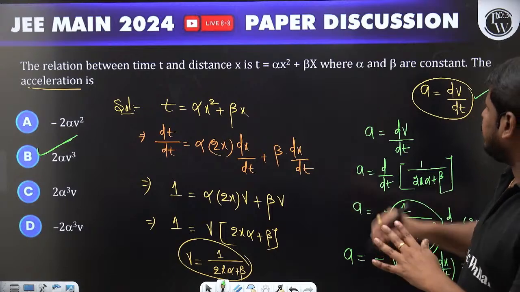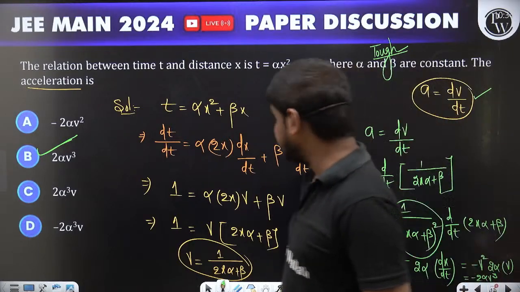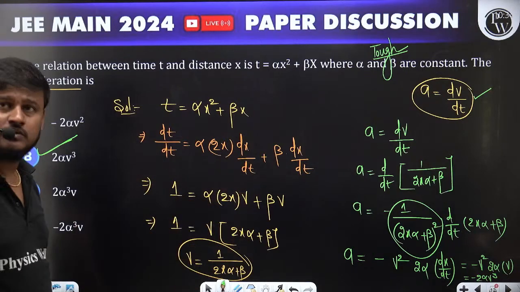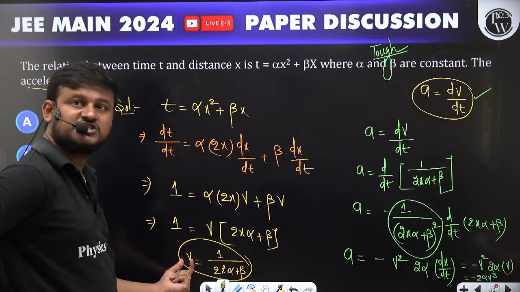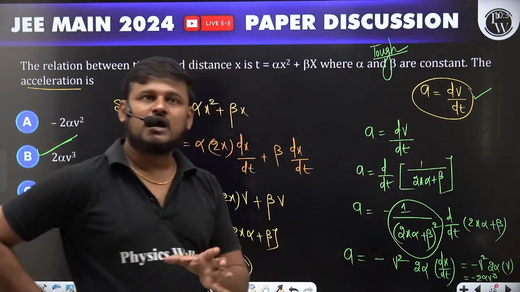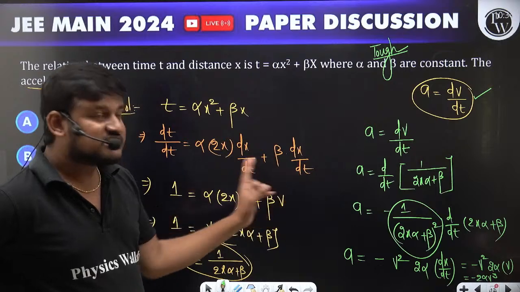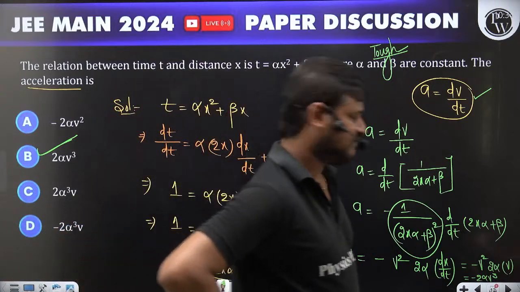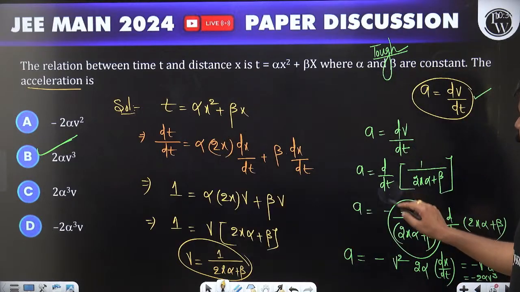So this question is a bit tricky. Those who have complete knowledge of the differentiation part, the mathematics part and the kinematics combination, you guys just go through once. See, the equation is given, I differentiated that, from there I got the velocity equation. Then the acceleration is equal to dv by dt, so I differentiated that. The understanding is easy here, but the calculation part you guys should be perfect in, the differentiation part, especially the chain rule part here. Done? Clear? Sure.